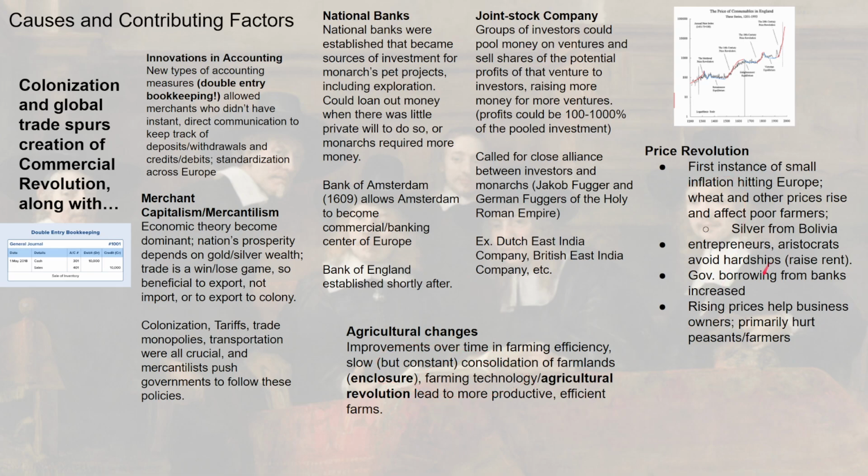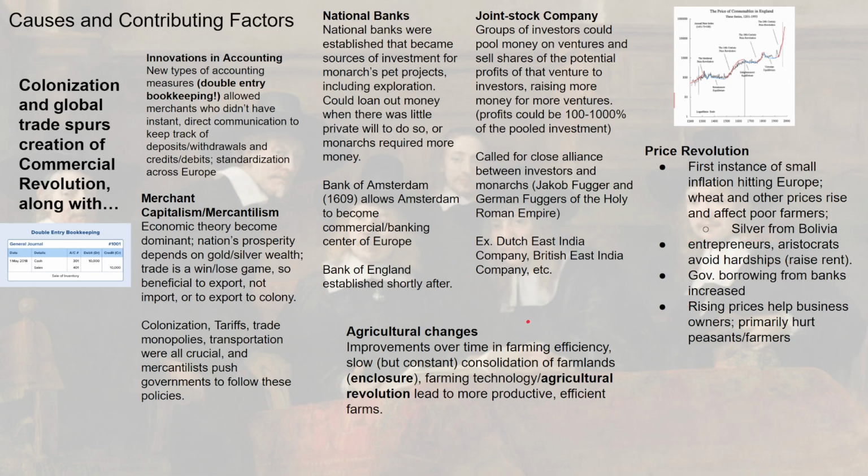And finally, the price revolution. Again, with the 3 Gs, God, Glory, and Gold, one of the main focuses of this age of colonization is getting gold and silver and bringing it back to Europe. We do see the Spanish particularly successful in this regard in certain areas. For example, they strike a huge silver mine in Bolivia in the 1500s. This huge supply of gold and silver goes back to Europe.